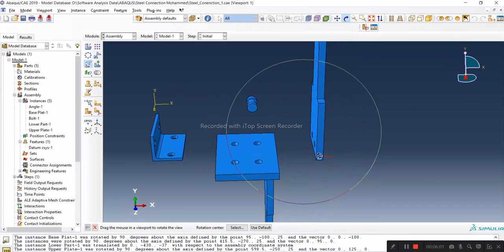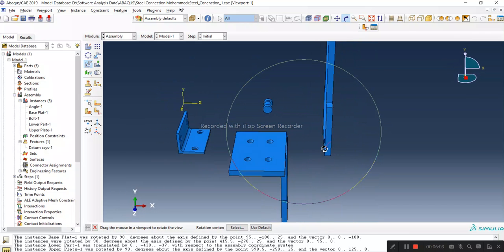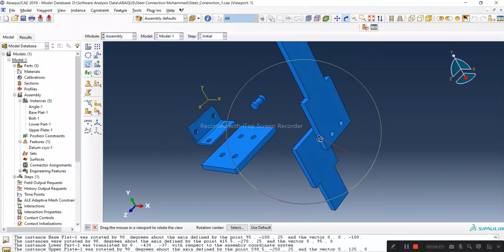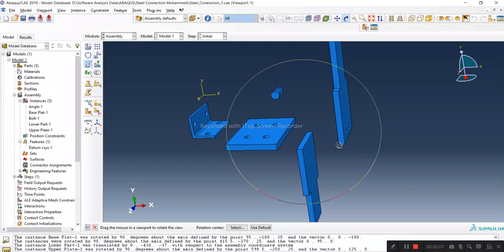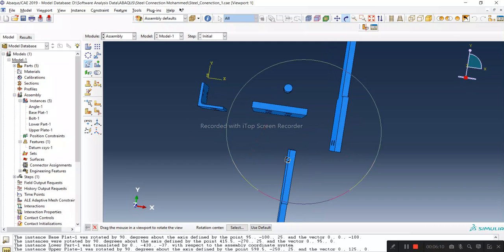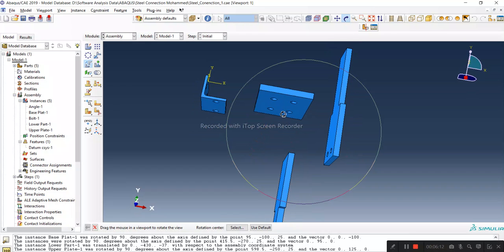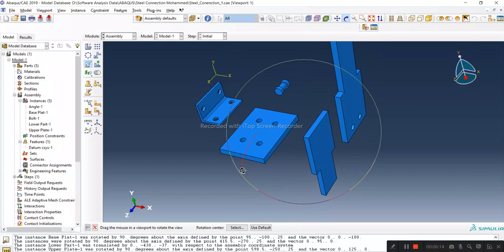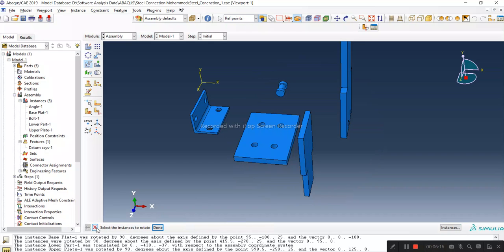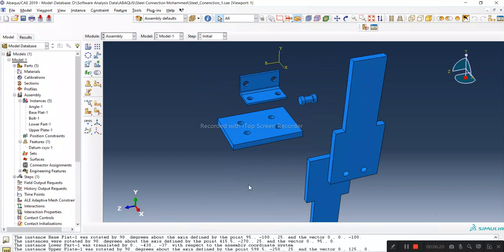Yeah. So now what I can do is translate this plate on top of this, and this plate at the bottom of this section. So let's just do that. Alright,